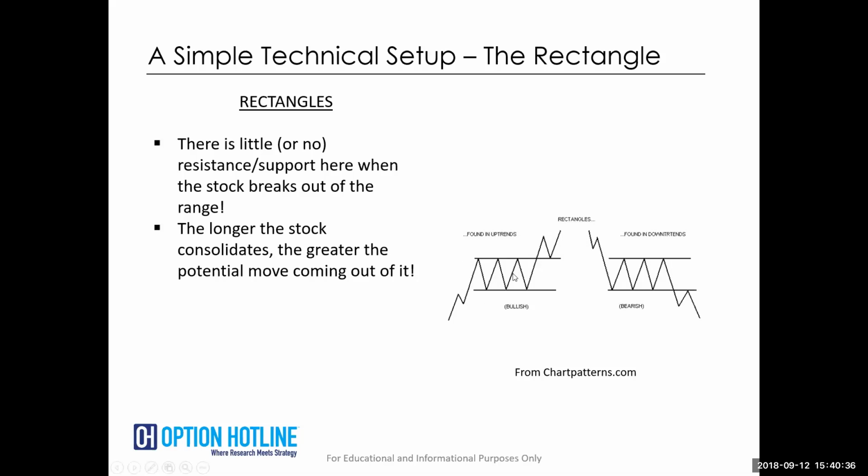So what we do is we just consolidate. There's distribution of the equity. The seller is giving up his shares, taking his money, while somebody else that sees more upside is getting involved. And then at some point, either the buyer or the seller wins out. Either that supply runs out or that demand runs out. And when that supply runs out and the demand gets more aggressive, the stock explodes to the upside, because now instead of that 102 offer there, we're looking for the next seller. And the next seller may not be until that theoretical 110 or 115 or $120 level that I talked about before. And that's what creates this explosive potential.